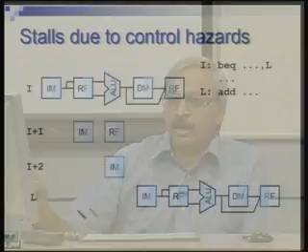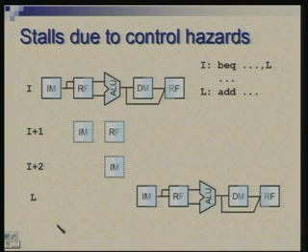So, branch prediction, I have stated in very simple terms, but there are many issues involved, many ways of doing it. It can be done statically, dynamically, and to do it dynamically would require a lot of hardware support and so on. So, we will probably look at that a little more in detail, but at the moment what we notice is that branch potentially causes these stalls in the pipeline.